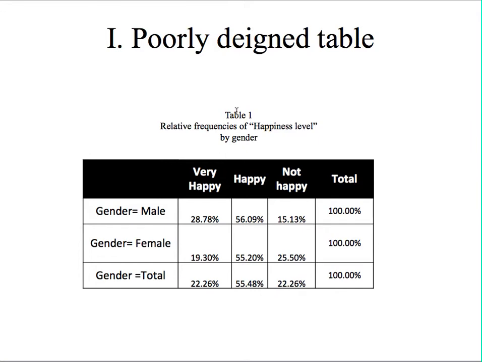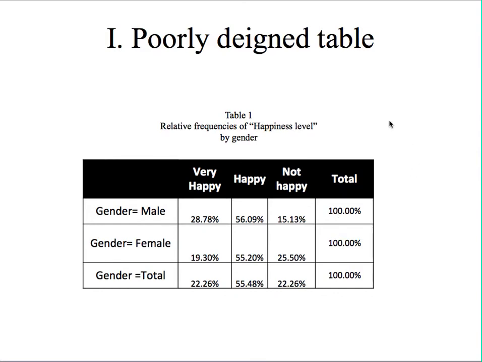Let's see. This table is supposed to be showing the relative frequencies of happiness level by gender. Then you have gender equals male for this variable. This is, I guess, the happiness distribution for males, the happiness distribution for females, the total distribution for both genders, and the total. All right, so